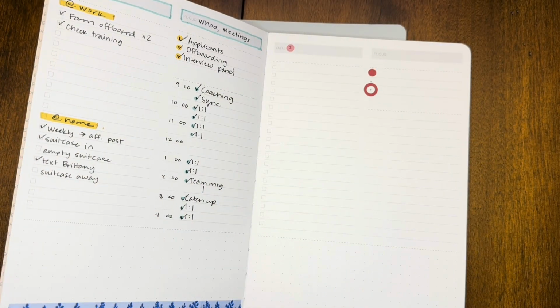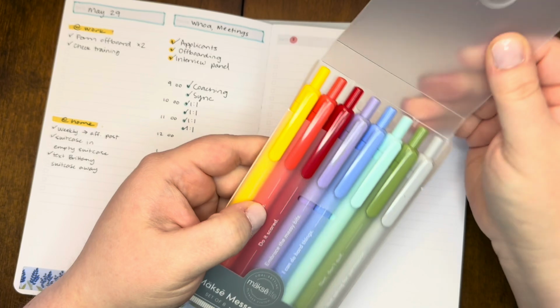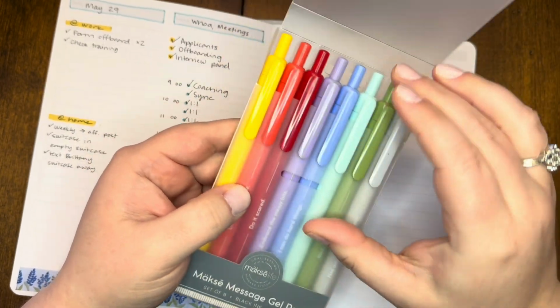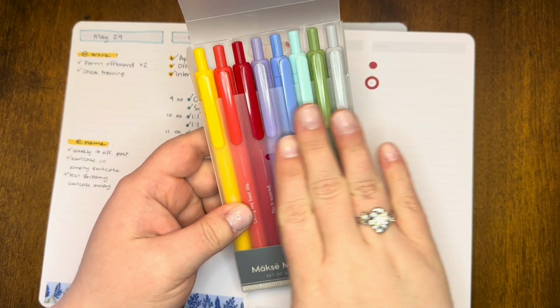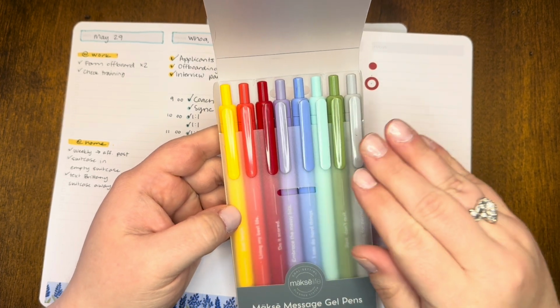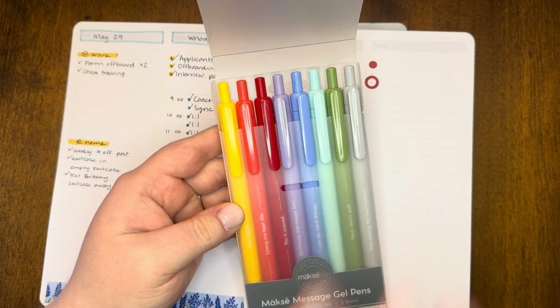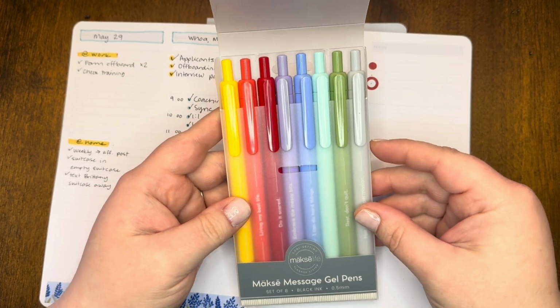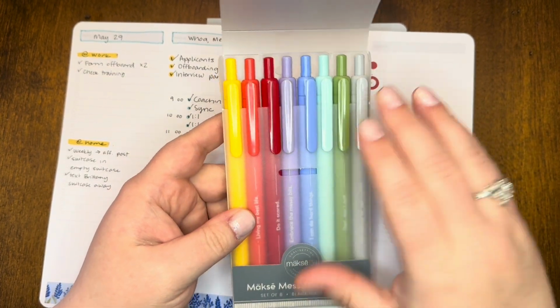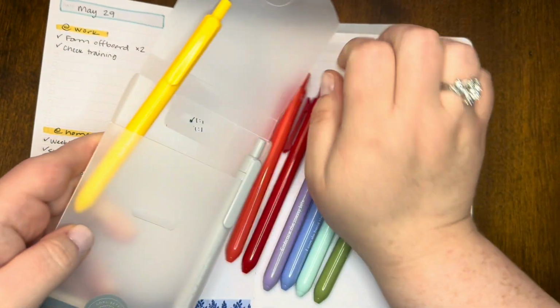That's one of the accessories that's launching. And then the other thing, this is a free gift with purchase. If you spend $100 at launch of all of this stuff, then you get this for free. These pens are beautifully colored with all of the MakseLife colors, but don't stress if you're wondering how you're going to write in this color of pen. These are all black. I want to say that up front. It's black ink in all of them. They just have the really cute barrel colors. So if I pull these out,